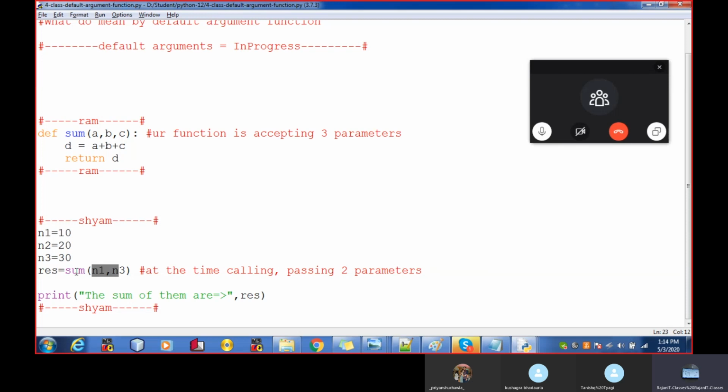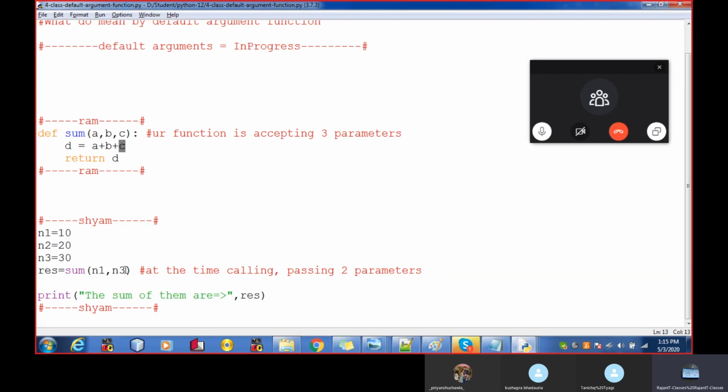To avoid the error, I want my third parameter, which is C in this case, to accept a default value. Let's say the default value 0. Then the result will be 10 plus 20 plus 0, which is 30. But C is not taking the default value here.